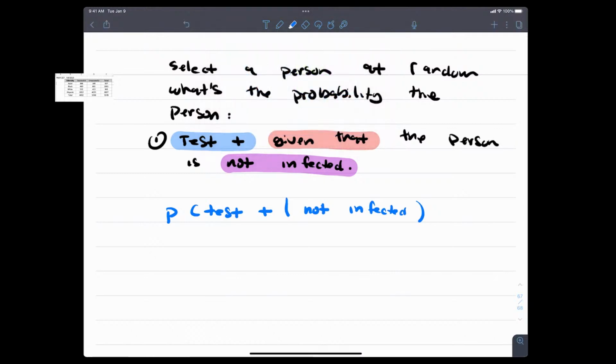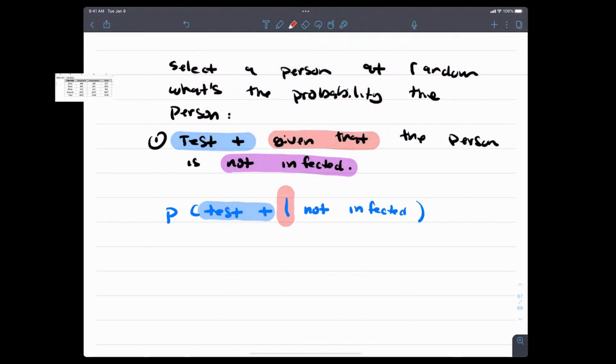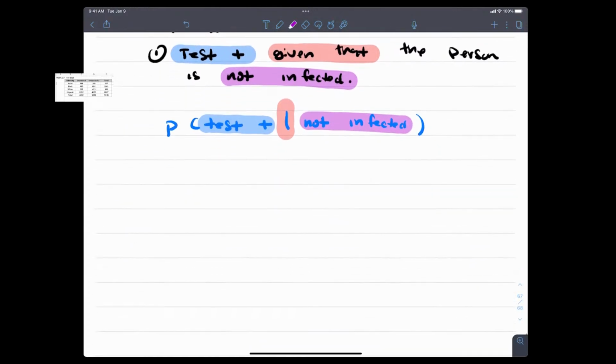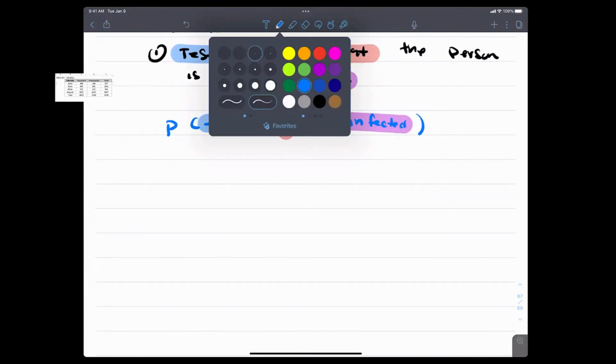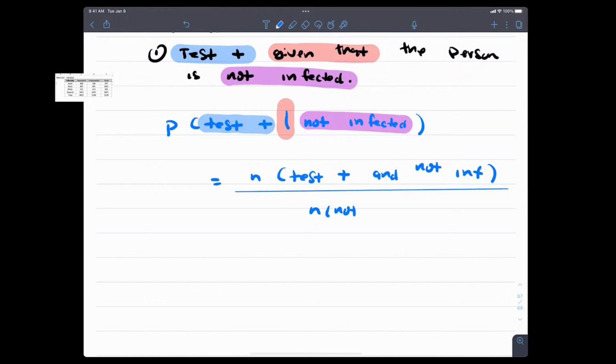I want you to see this definition. It's an extremely important definition. In fact, let's see how to use this. Remember how we use this. It's the number who test positive and you are not infected. You say, can that be possible? Yes. You know why that's possible? Because it errors in the,